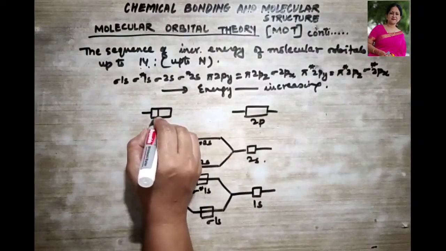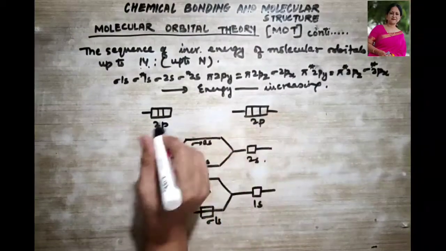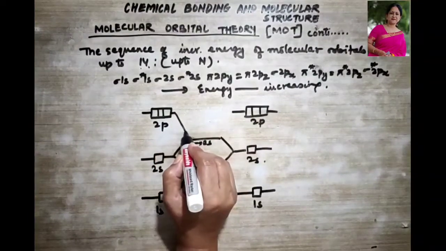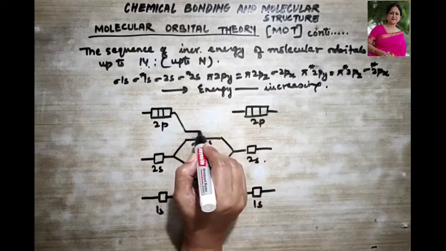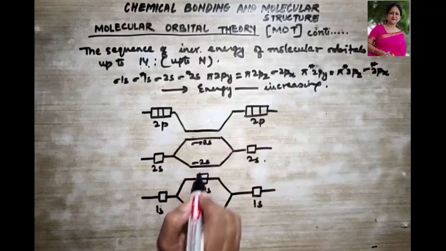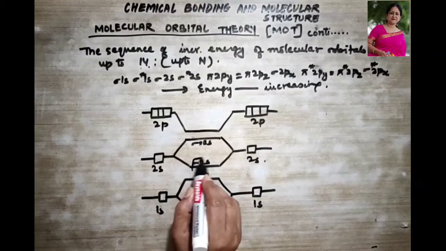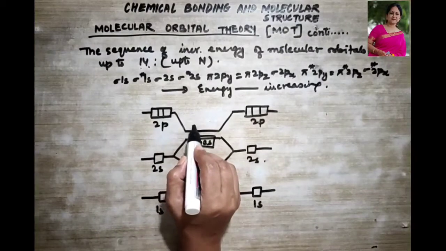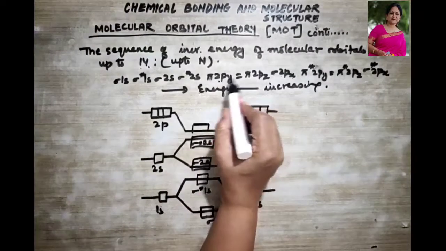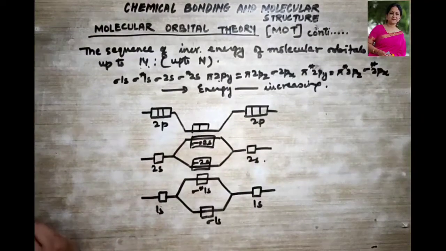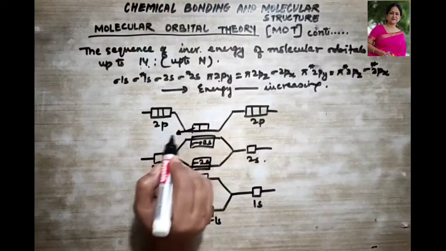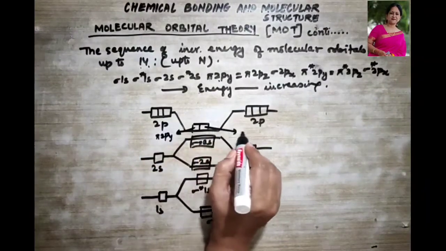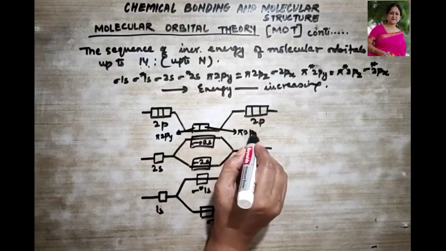Now 2p means 3 orbitals. So now let's see. The first one is divided into 2 parts. This is one only; you could have drawn one box for this. This way also we can show. If I have to draw a box over here, I will be dividing it into 2 because these two energies are equal. So this one is your pi 2py and this one is your pi 2pz.